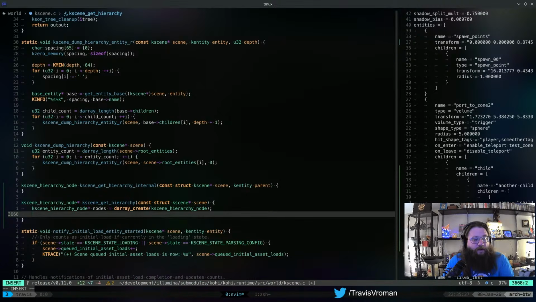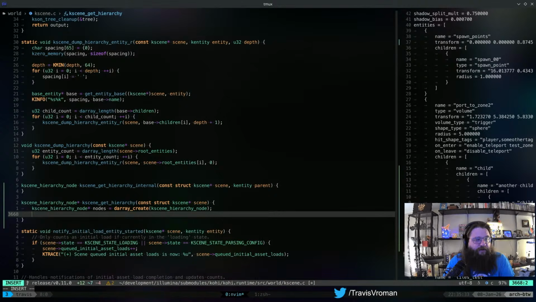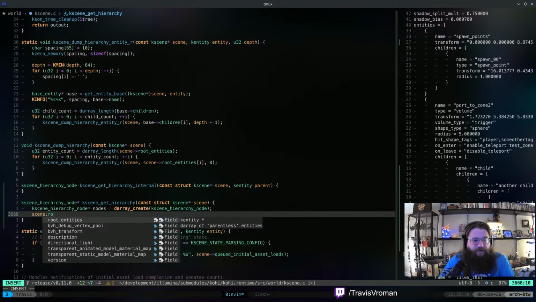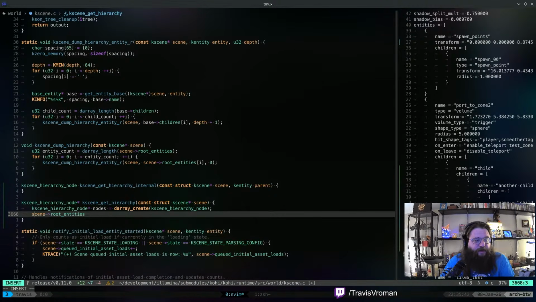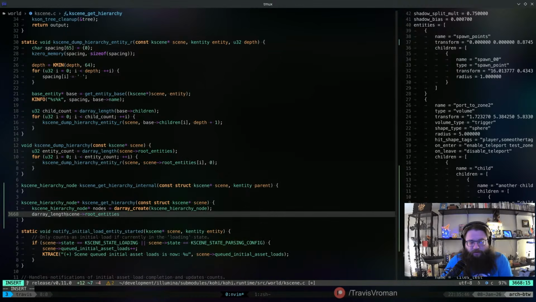right? And then what we can do is a loop through scene root entities, which I think is a D array in and of itself. It is. So we want to do a D array length on that.